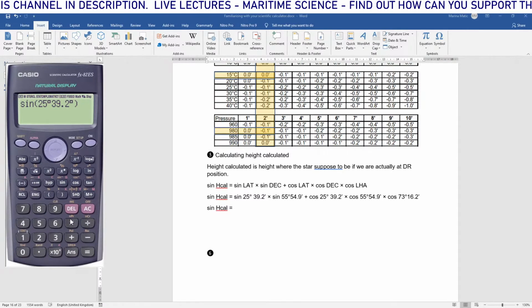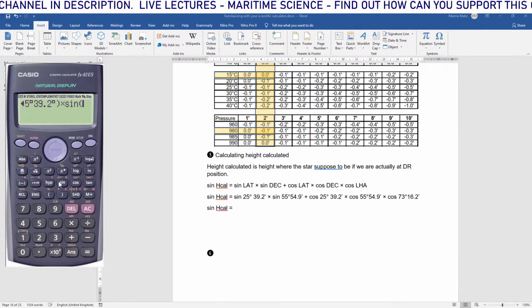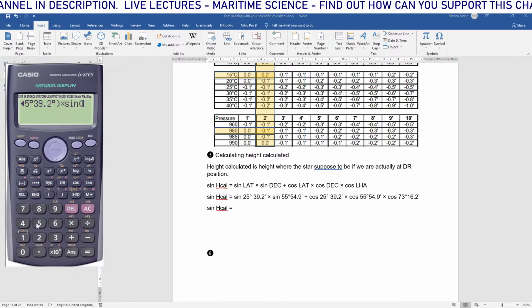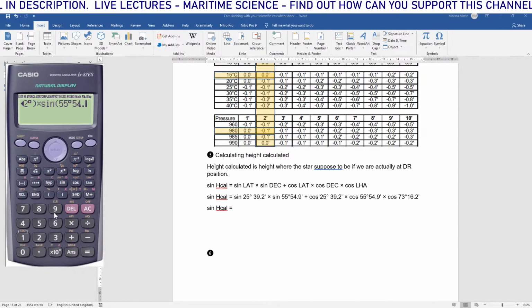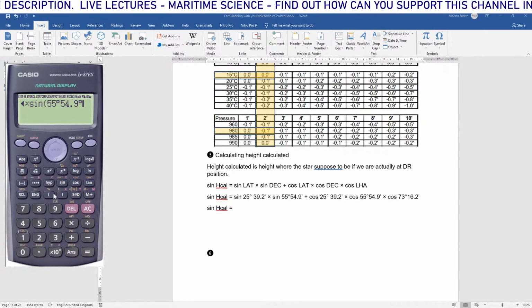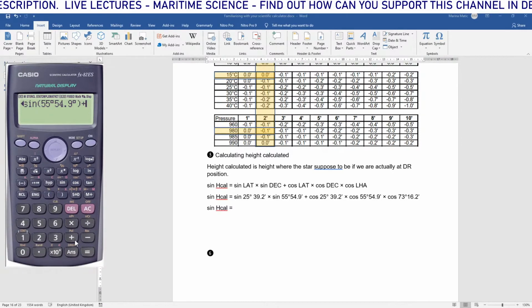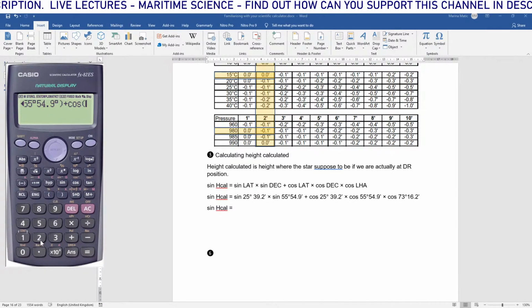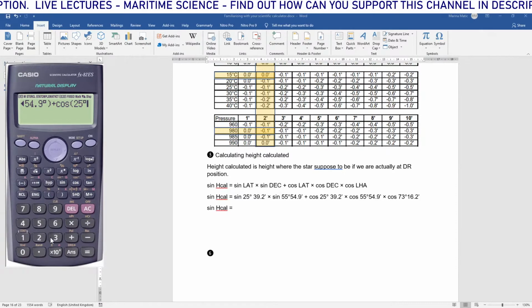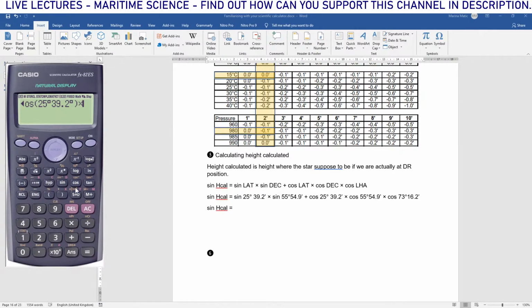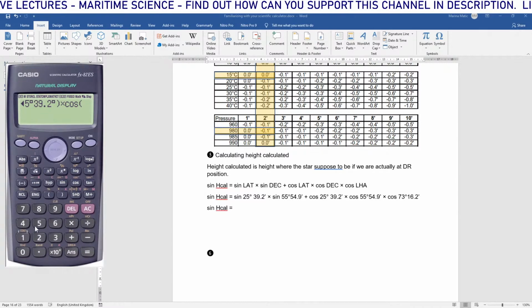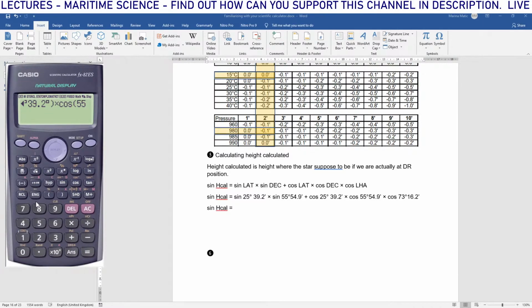Times sine of 55 degrees 54.9 minutes, close the bracket, plus cosine of 25 degrees 39.2 minutes, close the bracket, times cosine of